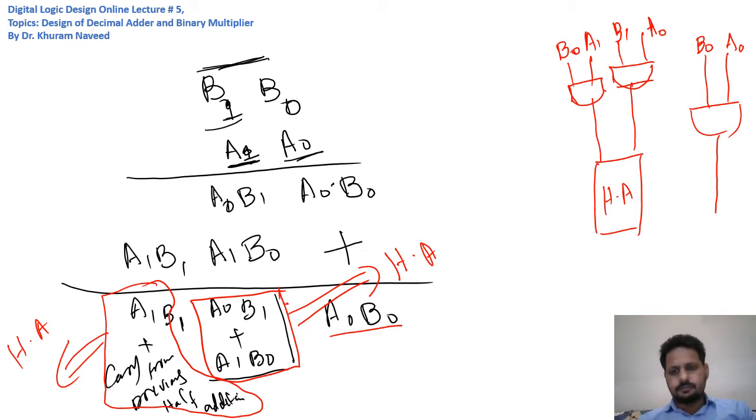As a result of this addition, we get the second bit of the product,